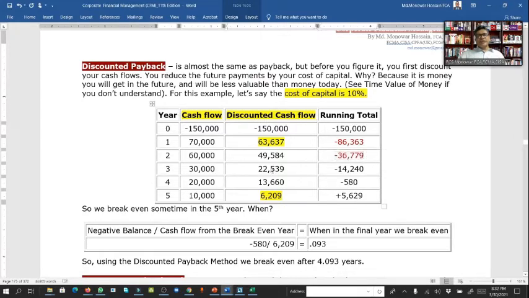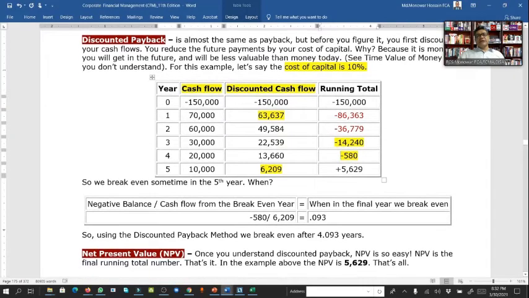In year 3, if we adjust with the discounted cash flow 22,000, we still require 14,000. In year 4, we still require 580 only. So we can say that our discounted payback period would be 4 plus,